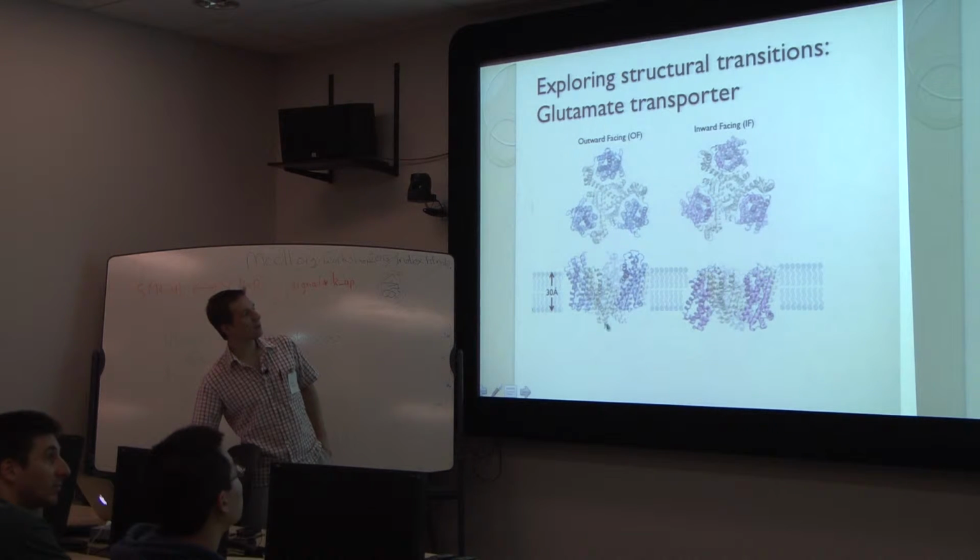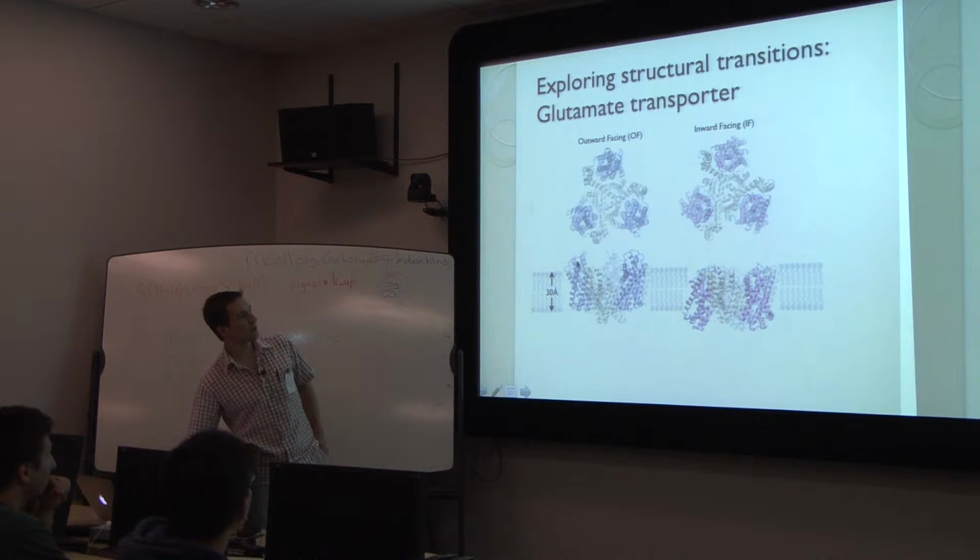It looks like sort of a bowl shape. This is a trimer. It's a homotrimer. And you can see that there's this dip in the middle when you look at the side. And it's inserted into the membrane so that these transport domains, which are shown in blue in this structure, are facing the outside of the membrane. Okay? And then if we look at the inward-facing structure, which was published, I believe, in 2009,